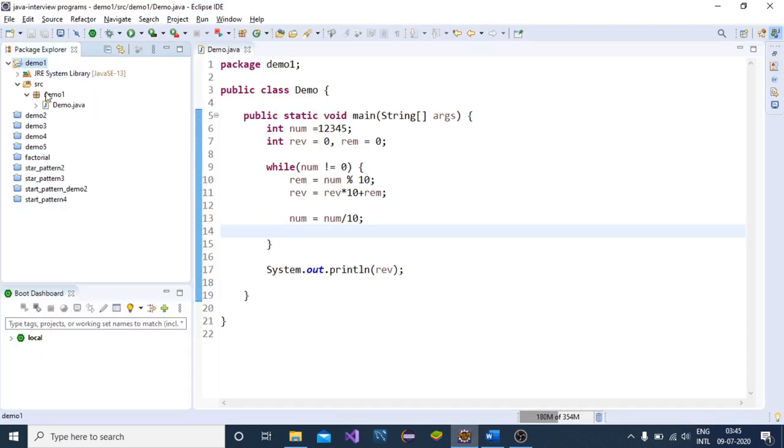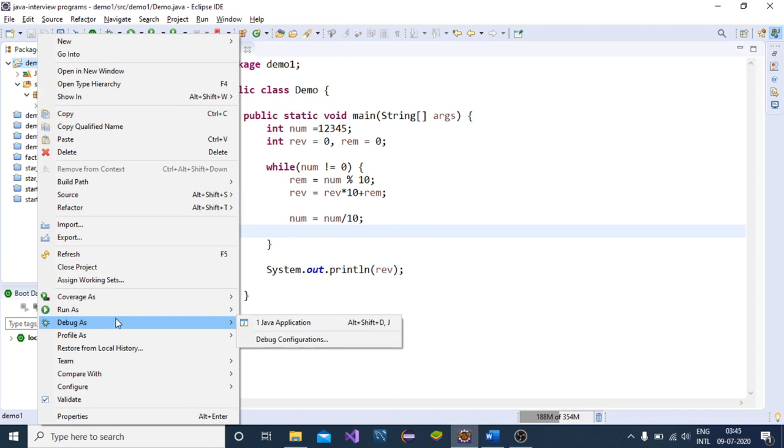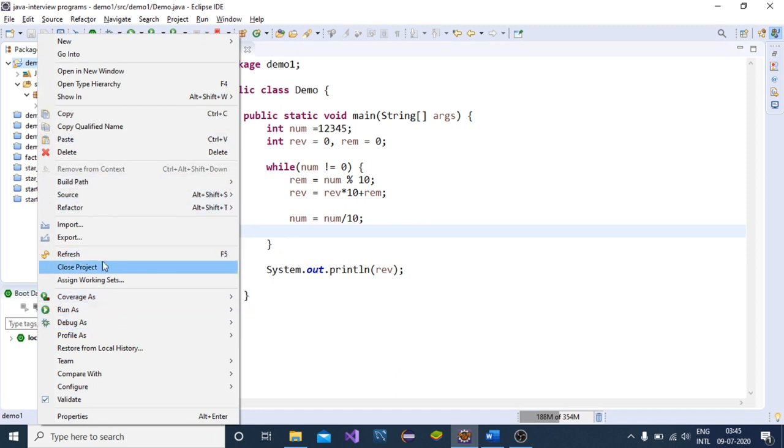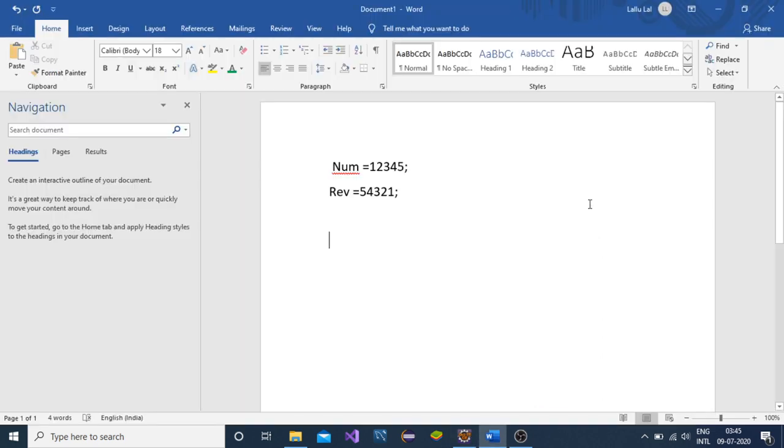I have implemented it here. Close for now. How can we implement it? The idea behind it is that we will use the modular operator and the divide operator. Two operators we will mainly use in this. First, initialize reverse at the initial time to 0